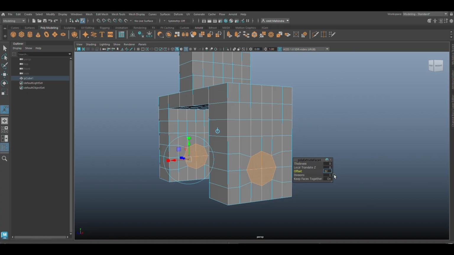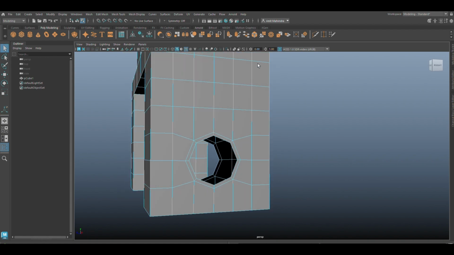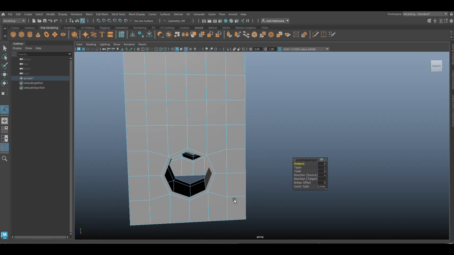So before we did 0.02 and then backspace. Once you have the extrude, what we want to do is select edges, this, this, this, this, this, and this. Bridge 1, 2, 1, 2, 1, 2, G,